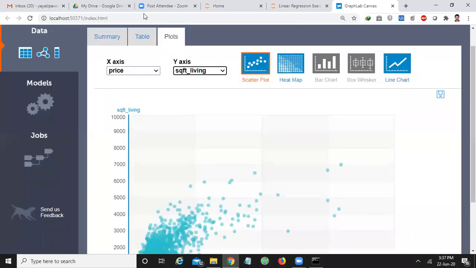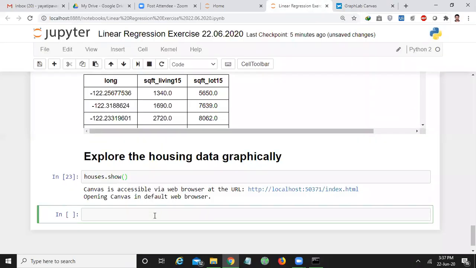If you want to study the same statistics in your notebook itself, for that what I will do is graphlab dot canvas dot set underscore target IPYNB.